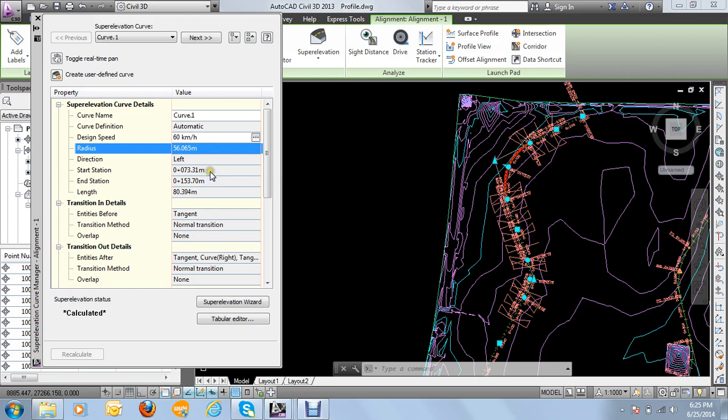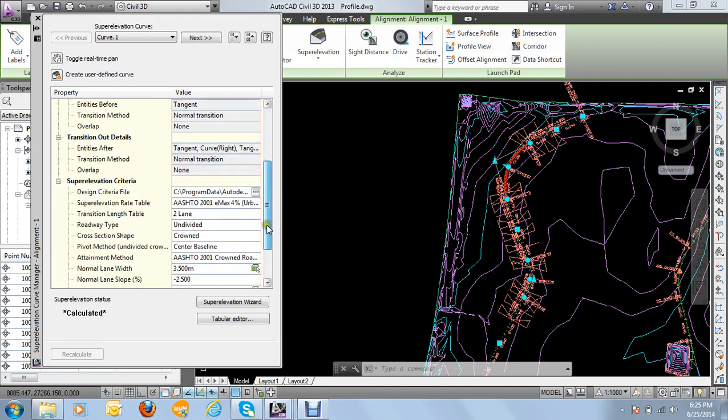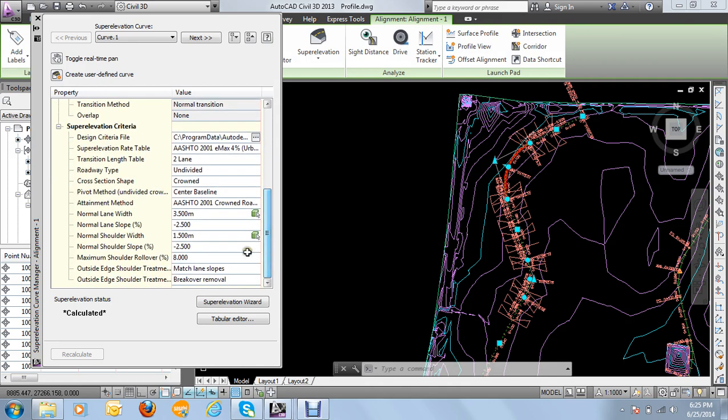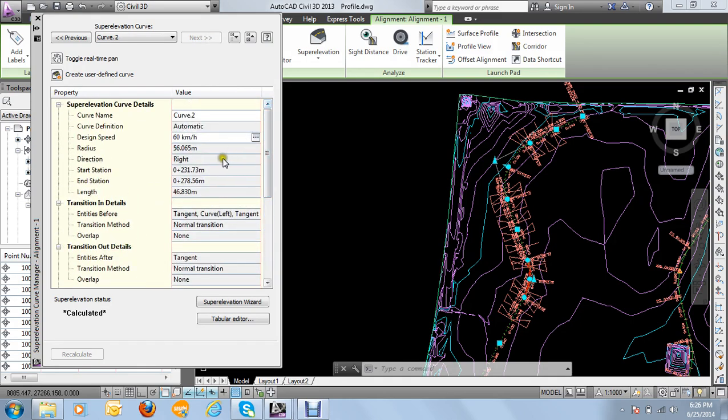You have all these stations, start station and end station for that curve 1, and all other features for curve 1. You see all those inputs that we are feeding in are there, and you can edit at any time you want. That is curve 1. When you come back to curve 2, you have all the details the same. Okay,